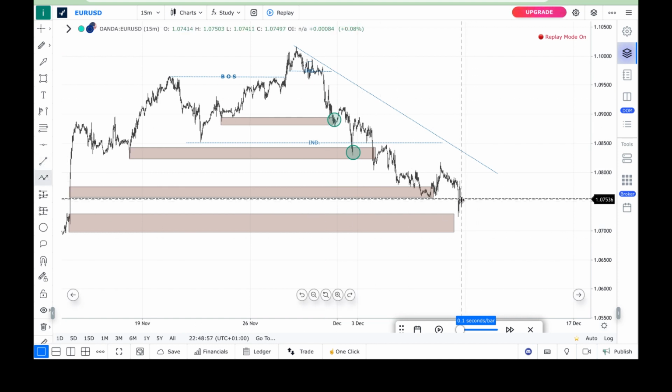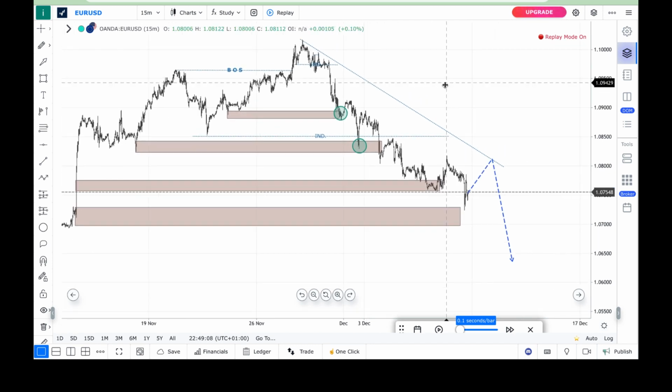They will expect the market to come here, respect, and go down. That's another set of people that is about to get liquidated. Also, another set of people that will get liquidated are those who pick